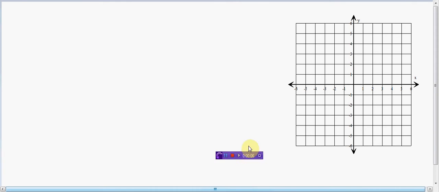Alright, so we are going to graph some equations here. We're going to start off by graphing an equation that has a slope. Whoops, I'm using the wrong tool. Let's go back here. Alright, so we're going to start by graphing an equation that has a slope of 4